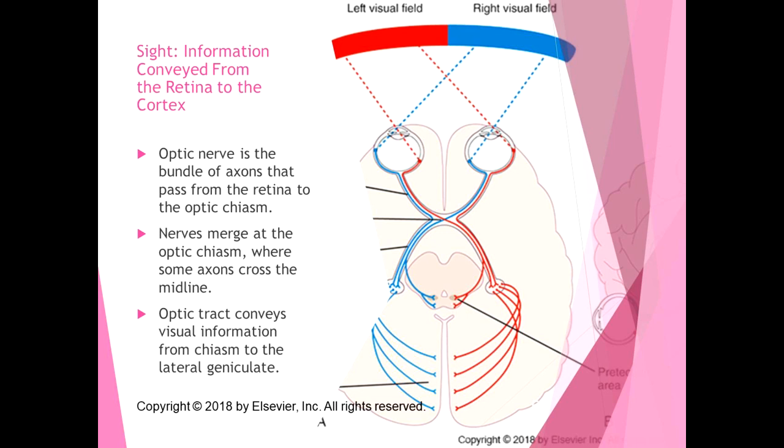So this diagram from the book shows that half of the information that ends up on the left side of the brain comes from the right visual field and half of it comes from the left visual field, and then vice versa with the other side. So you can see that some of the information from the right eye stays on the right side and some of it crosses over to the other side. And some of the information from the left side stays on the left side and some of it crosses over